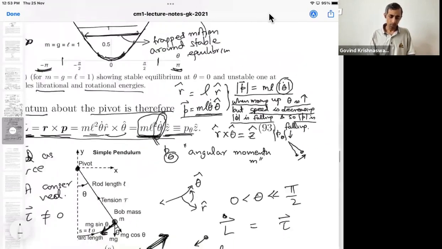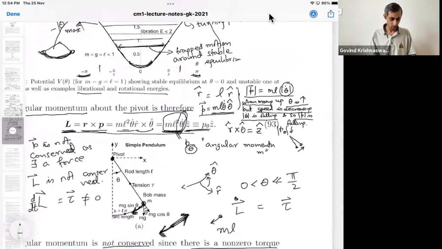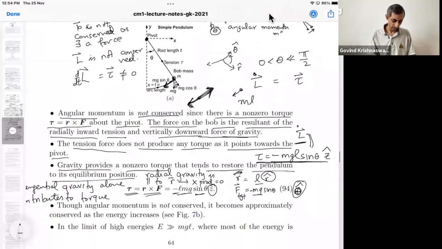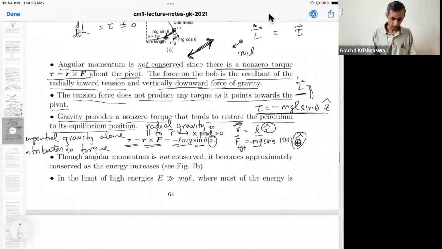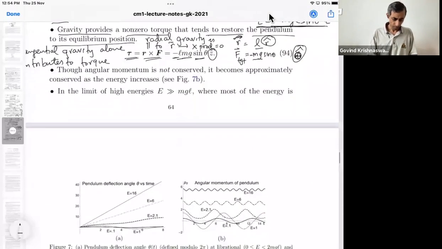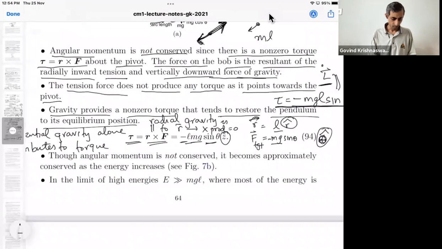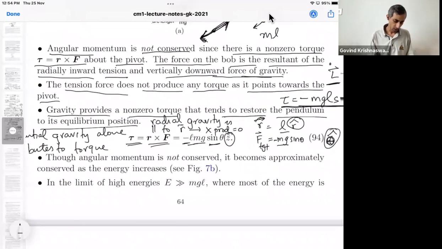Okay. So now the question I originally posed, which Shubham answered, was asked in a very careless way. I apologize for that. But now let us provide yet more intuition and further features of the system. So we have argued that the angular momentum is not conserved. We are in agreement on that because there's a non-zero torque which we even computed.